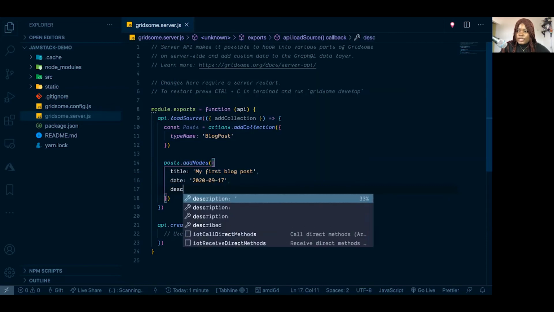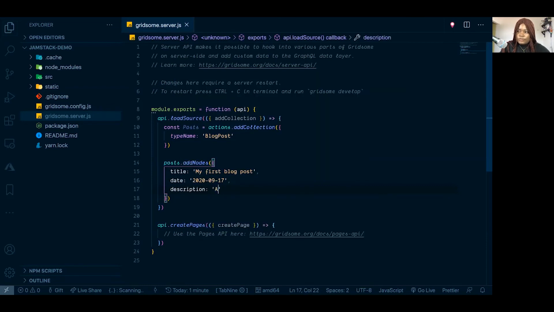And a description as well. Would be great to have a description, a super nice description. Now that I've added this,